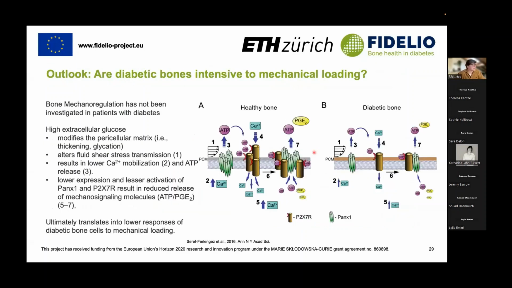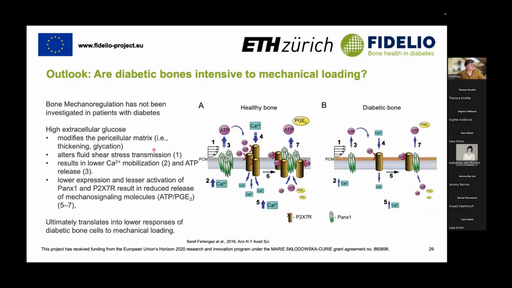And of course, in diabetes, sadly, bone mechanoregulation, or fortunately, because that's what we are aiming at in the future, has not been investigated yet in patients. But there are some indications on the cellular level, and I've already presented on the microstructural level, there are some indications where the negative effects of diabetes are attenuated at the tibia. But on the cellular level, it is